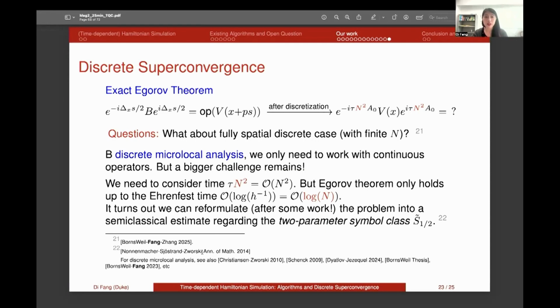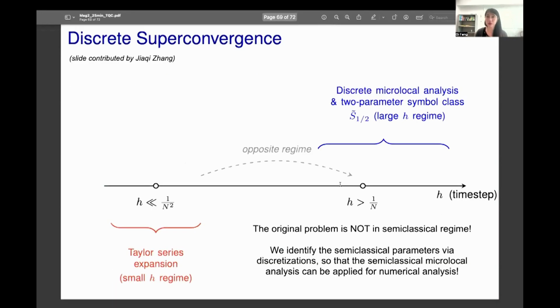It turns out there are a number of theorems from this very nice Annals work that we can utilize. Together we can prove our result in a rigorous manner. I'm not going to tell you precisely how we prove our result, but as a high-level remark, what we were able to prove utilizing this is really in the opposite regime of Taylor expansion. We can justify that when the time step is super, super large, we can still yield meaningful and uniform estimates in